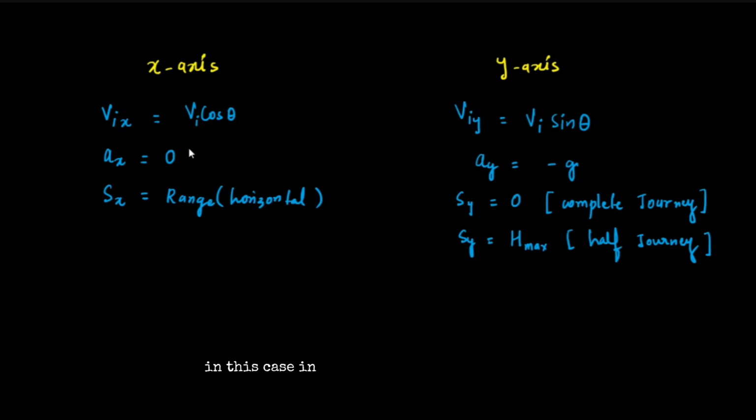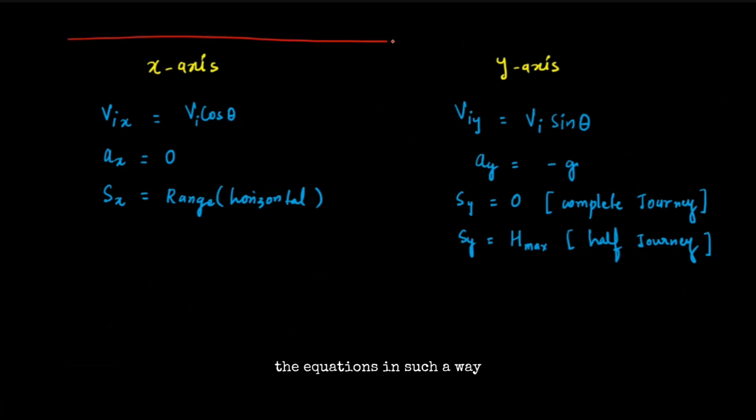So in this type of concept, what kind of questions can be asked? A question can be asked that suppose you have thrown an object at an angle, and the examiner will ask you, what is the position of the projectile at t equals 2 seconds. You must have been given the initial velocity. So in that case, you are supposed to find it using equations of motion once again, but here you have to solve equations of motion individually along the x-axis as well as along the y-axis,